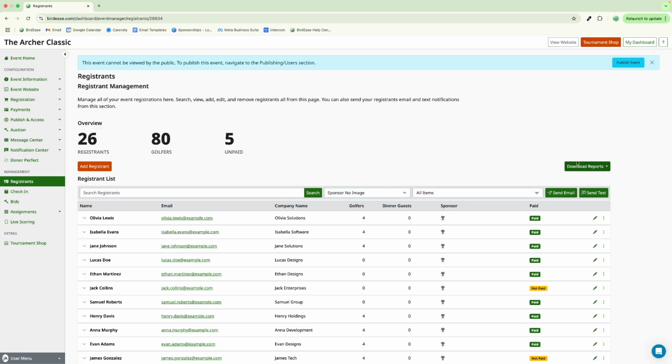You'll also notice here that there is a Download Reports dropdown. This gives you access to the auto-compiled reports through your event site. The full report is a list of all of your registrants. The assignments reports are lists of your attendees. This report goes hand in hand with the assignments